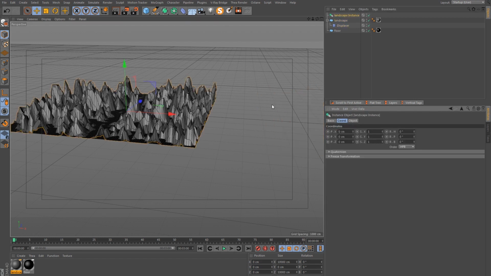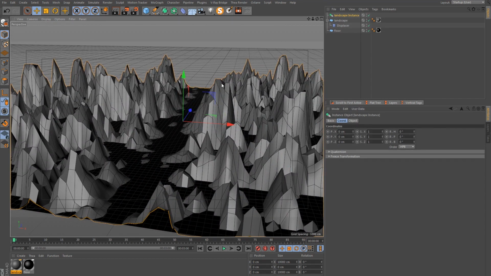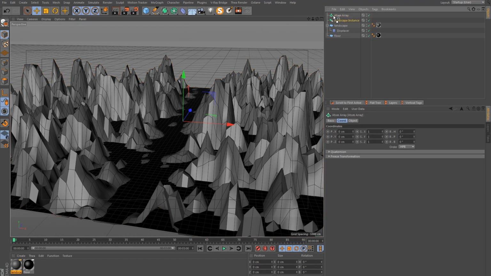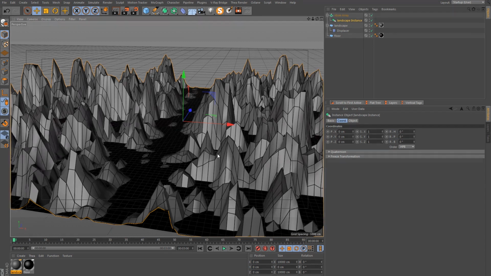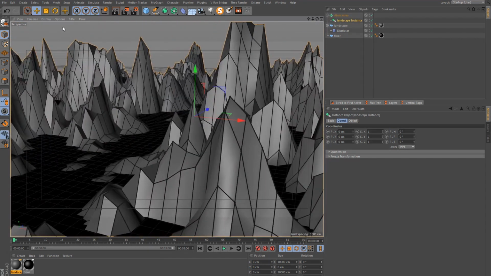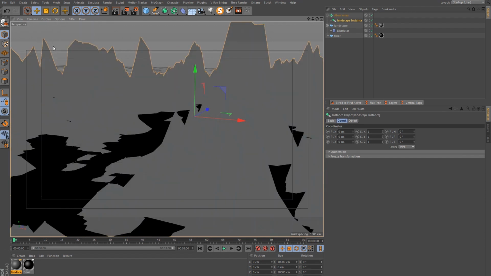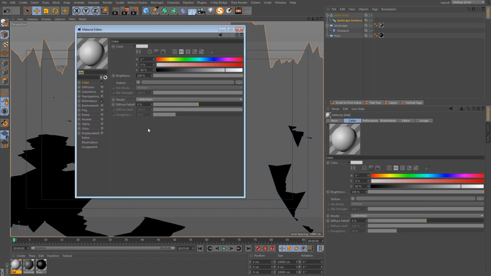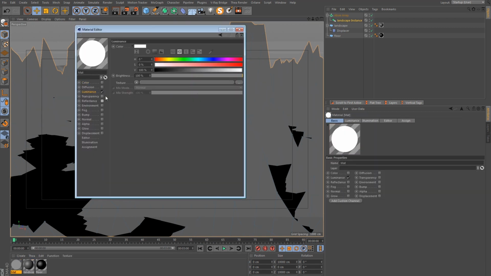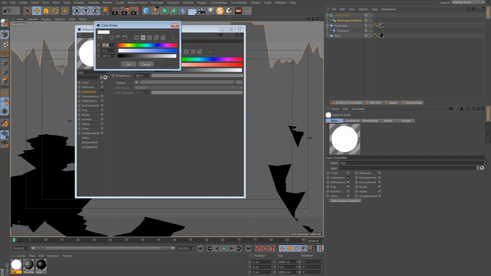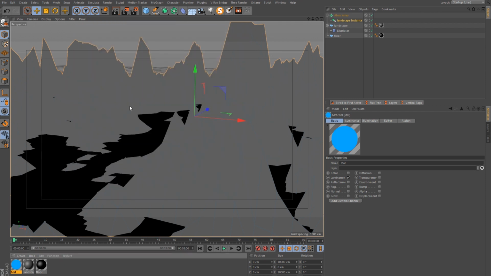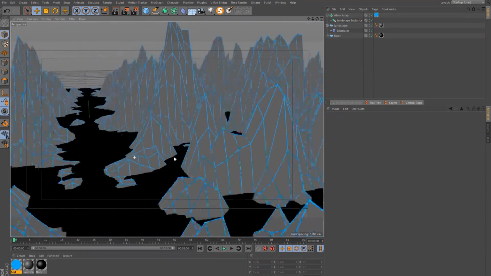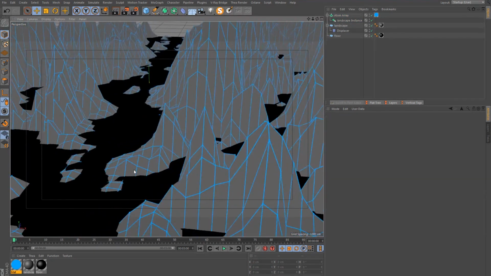But I can now also use the instance as a real object to generate the lines around the edges, and that's done using an atom array effect. So if I get this, put the landscape instance in here, and you will now see these lines appear. Perhaps it's not too visible, so let's go to constant shading, for example, and make a material. In the luminance, we will just make this one blue, because that was the color of the landscape edges. So this here, and apply it to the atom array,